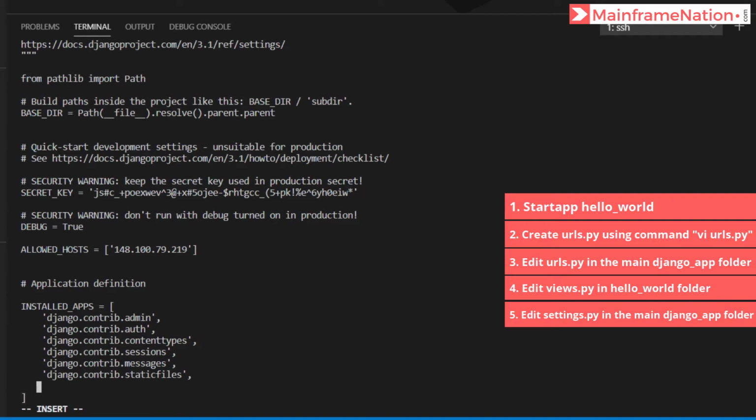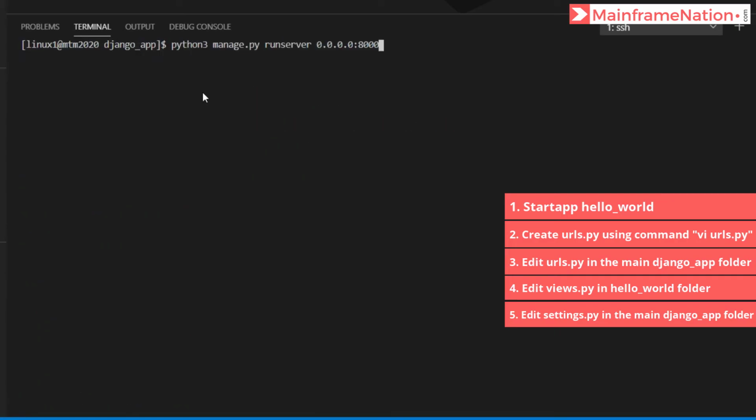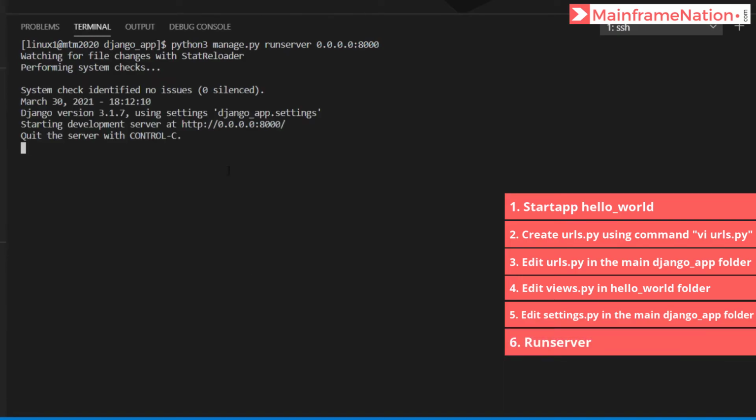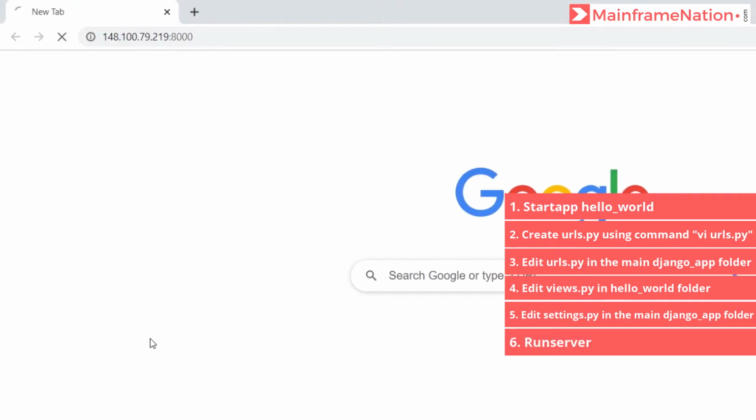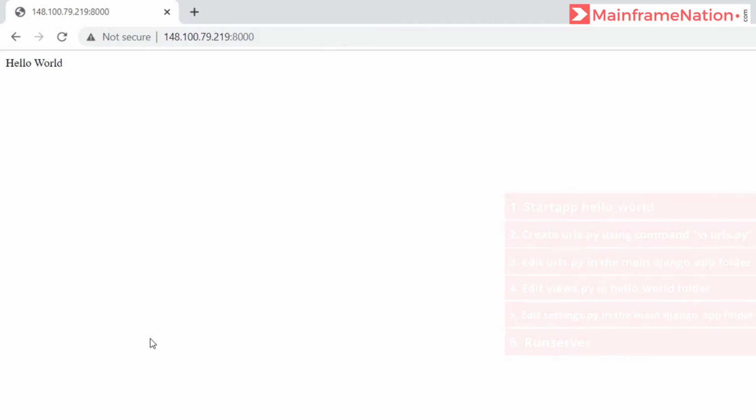Here we have to include a new app called Hello World that we just created. Then save and quit. Then go to the main folder and run the server. Now go to the app again and you will see Hello World. So our Hello World website is now working successfully.